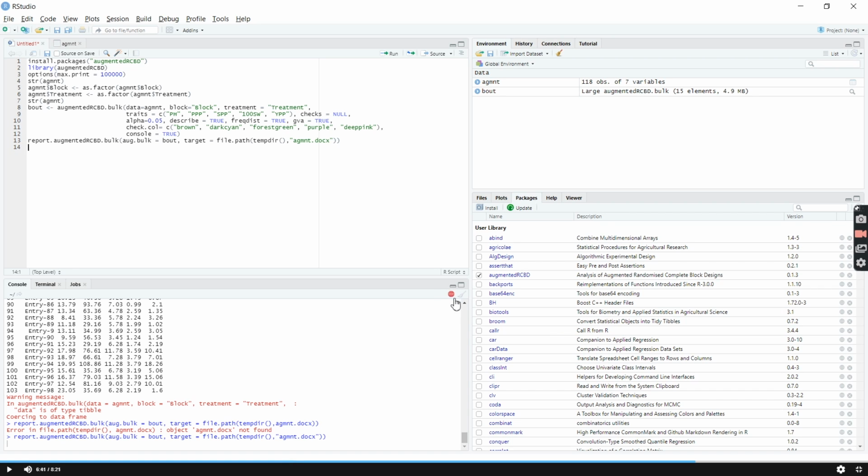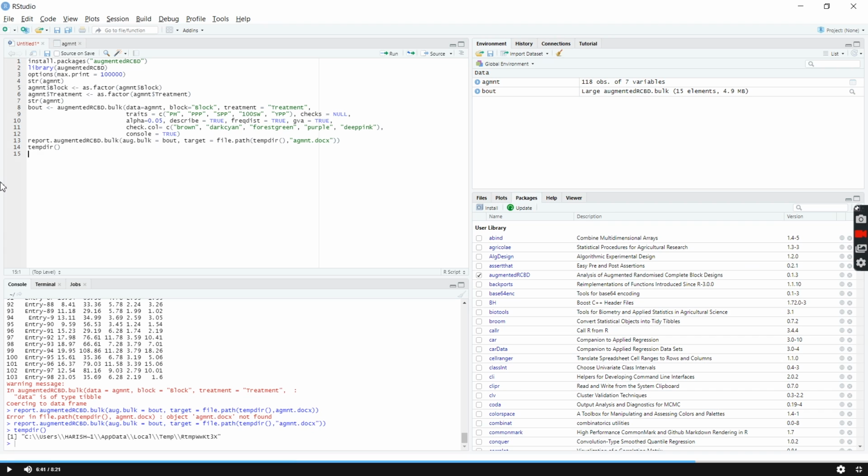Here we can see the red mark. If you see, this means the report is being generated. So after the red mark has stopped, we have to know where the file has been located. In order to find the temporary directory, just write the function temporary directory and execute this. The temporary directory where the word file has been saved is in C drive, and we have to follow this path in order to find the temporary directory and the word